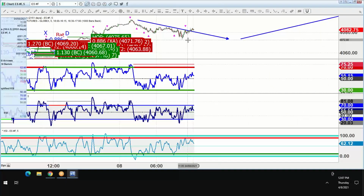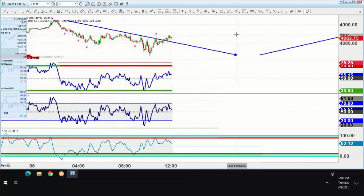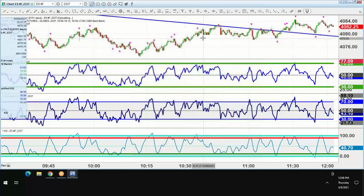Keep an eye on, as I always do, what's the last 5-minute HSI? Bearish right now. So I'm not jumping in anything. We're kind of quiet since the open. And even break it down to say a 233 tick, we haven't moved much. Look, since 10:30 or so,